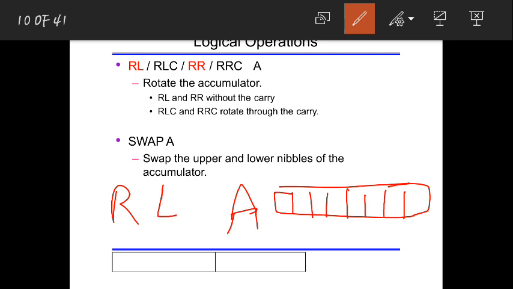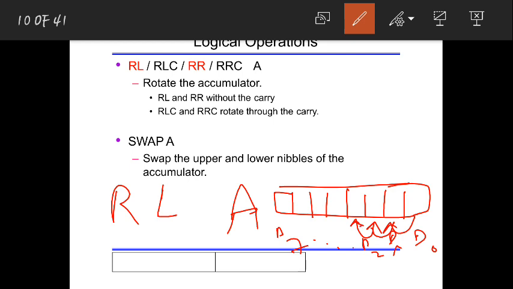Generally here this is the D7 bit, this is D0, D1, D2, and so on up to the D7 bit. Here what it does is, this D0 bit will move here to D1, then this D1 bit will move towards D2, each bit will move towards left.